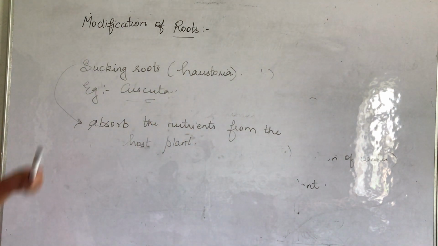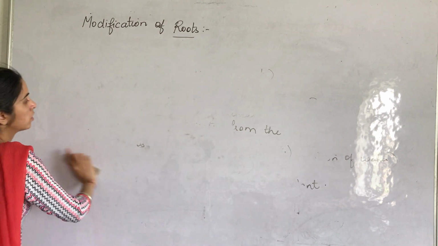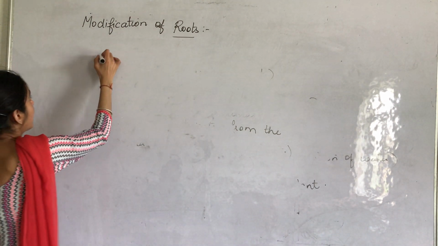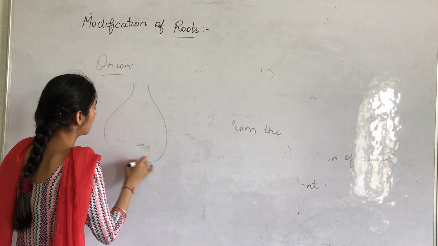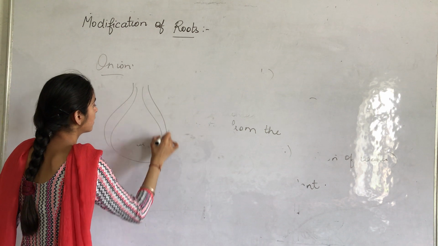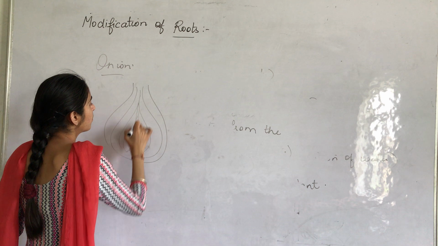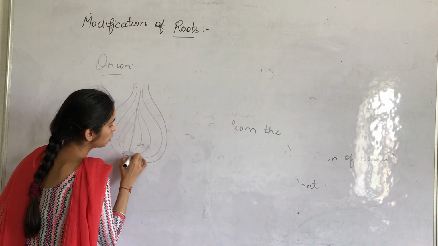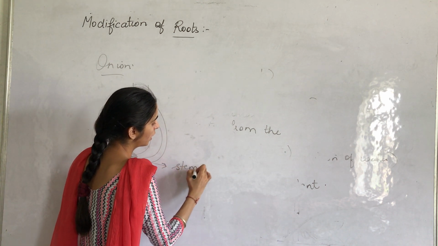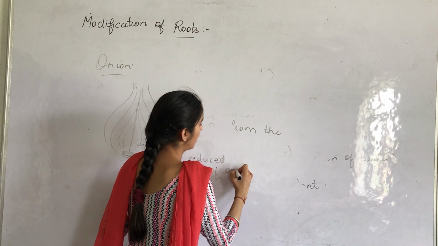After this, that is all about the modification of roots. In the case of onion, there are adventitious roots. We all know this is the structure of onion. These are the scales of onion, and between these scales a terminal bud is present, and below this there is a white portion. This white portion is the stem of onion, or we can say the reduced stem of onion. And from this